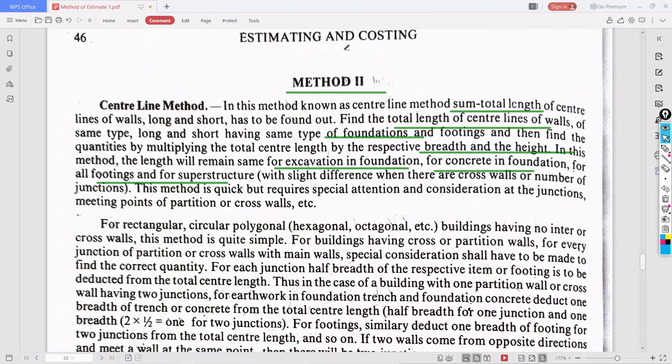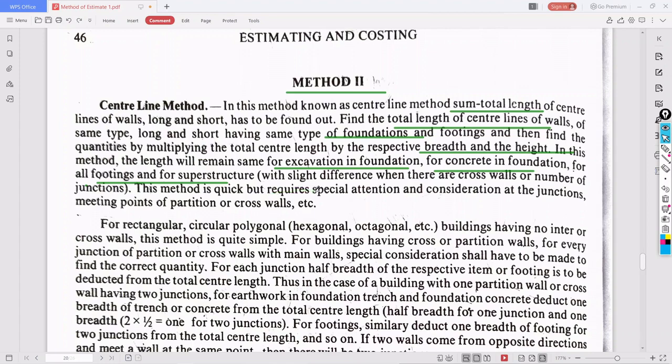But here, the center line length will be constant and will remain the same; just the respective breadth and height at that level will change.